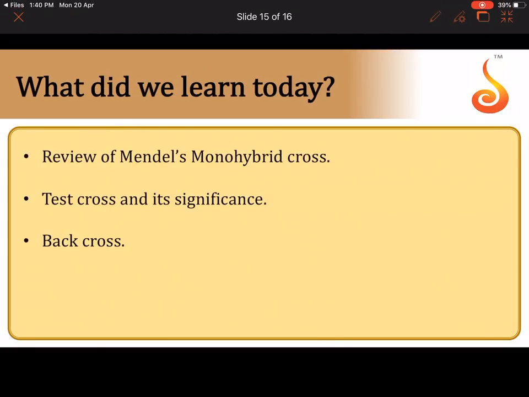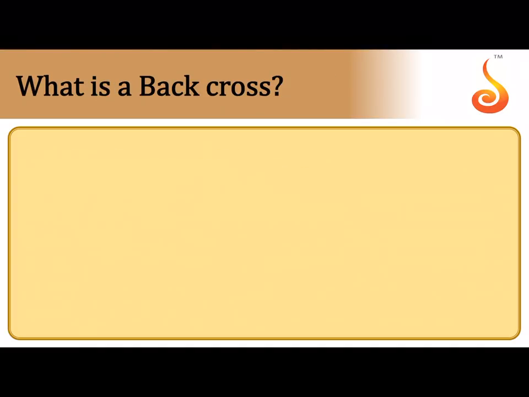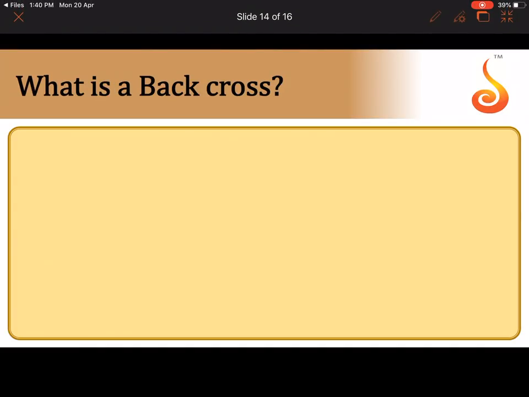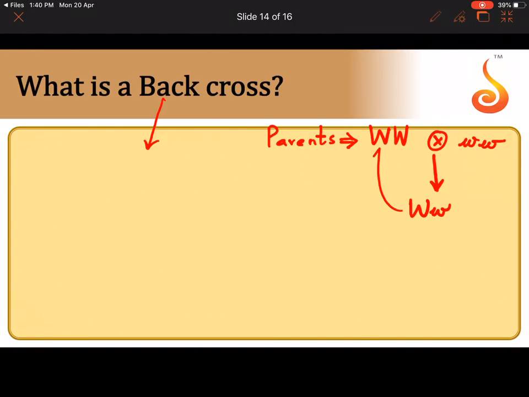So what did we learn today? I forgot to mention the significance of back cross. Now why would you want to conduct a back cross where you have parent 1? I told you just now, I am writing it again. Capital W crossed with small w, you get capital W, small w. You either cross it with the dominant parent or you cross it with the recessive parent. Why would you want to do this? You want to do this because you want to retain the parental characters. You want to create a group of plants which are genetically identical to the parents.